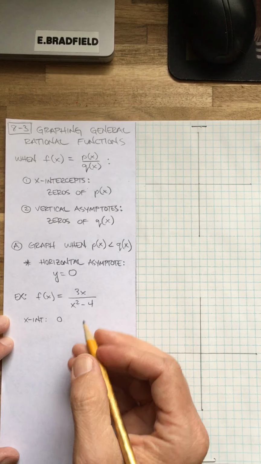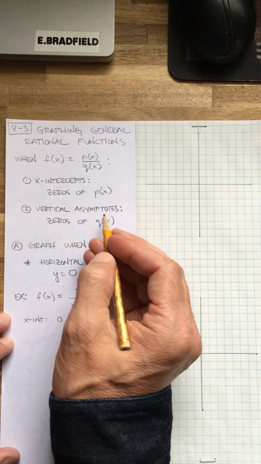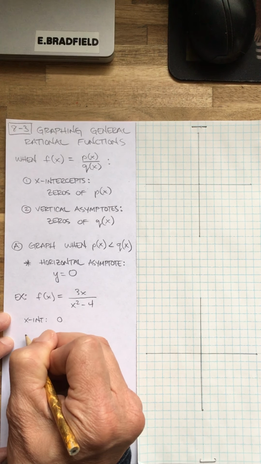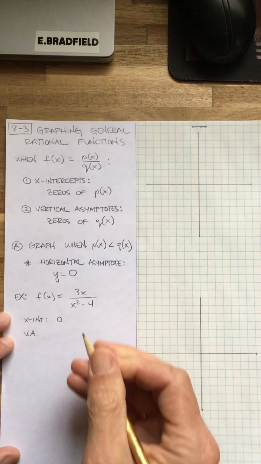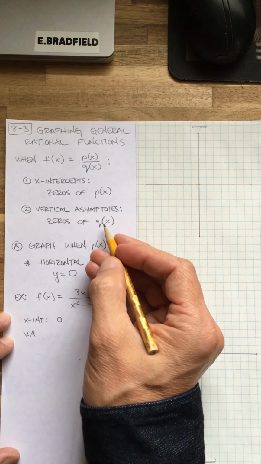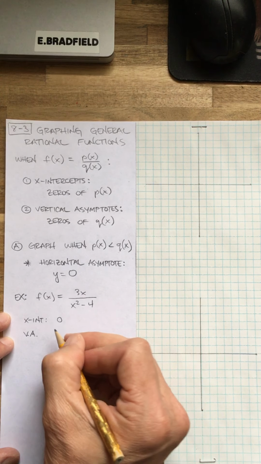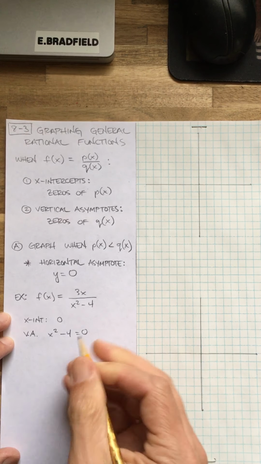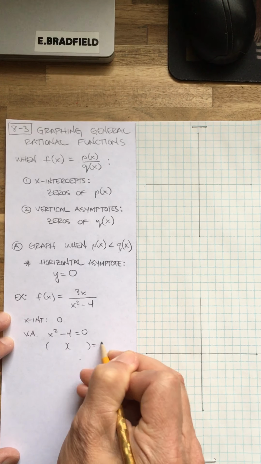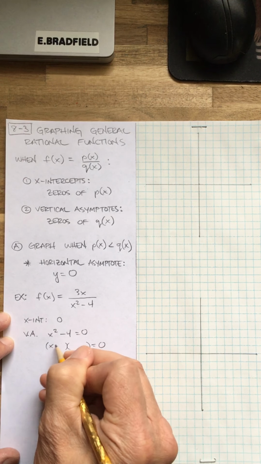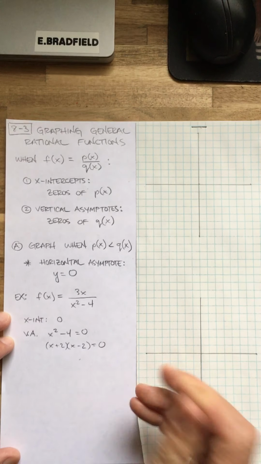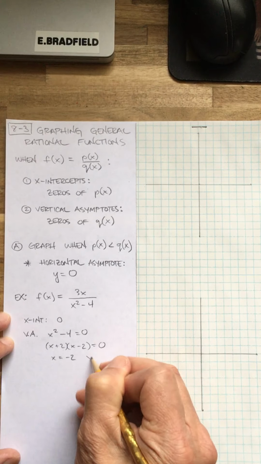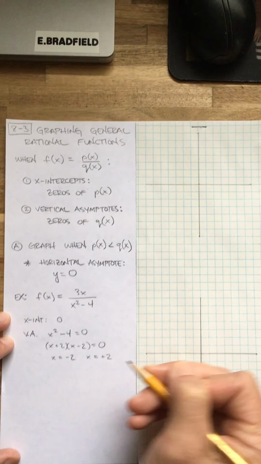Then my vertical asymptotes are going to be the zeros of Q of x. So we have vertical asymptotes when Q of x is equal to 0. So x squared minus 4 equals 0. Factor that: x plus 2 and x minus 2 equals 0. We get x equals negative 2 and x equals positive 2. So there are my